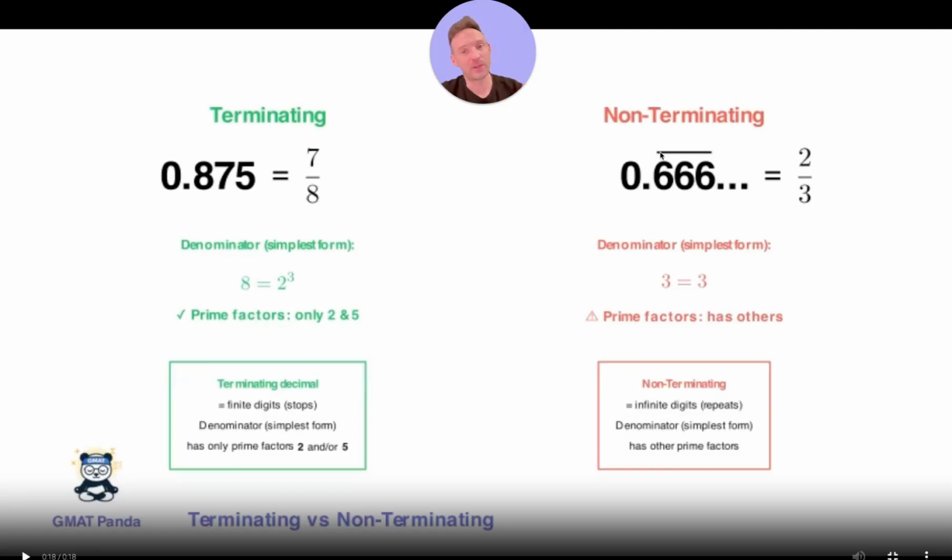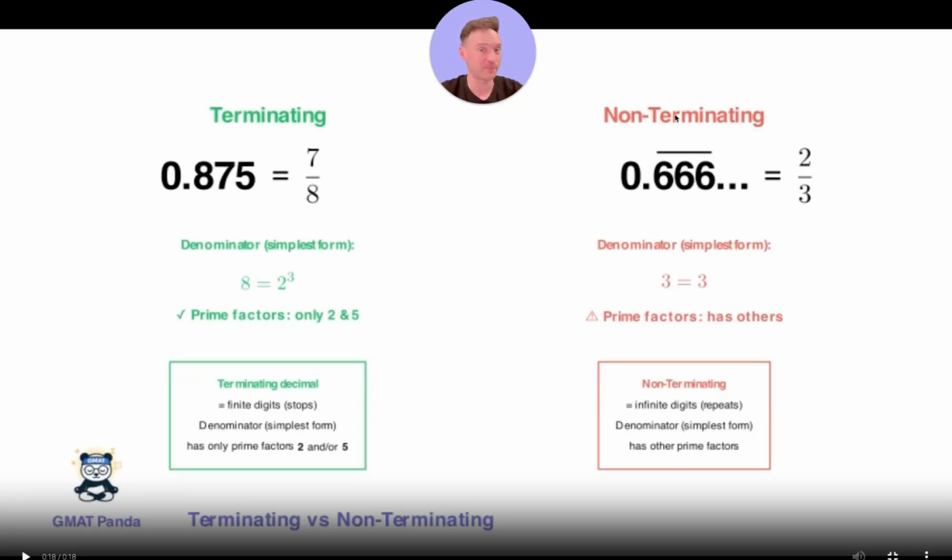Now, this bar symbol here is the symbol of a recurring decimal. So basically, to infinity, you would have just 6s here, but we've got other things to do, so we don't write all those 6s. We just write sometimes 1, sometimes a couple or 3, and we put a bar above just to say that that's going to repeat. Okay, so this is a non-terminating decimal just because the digits don't stop,